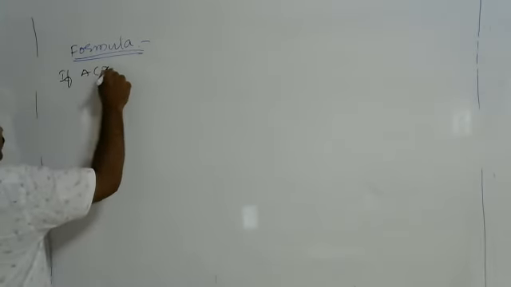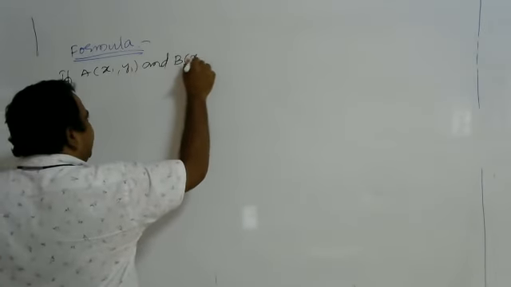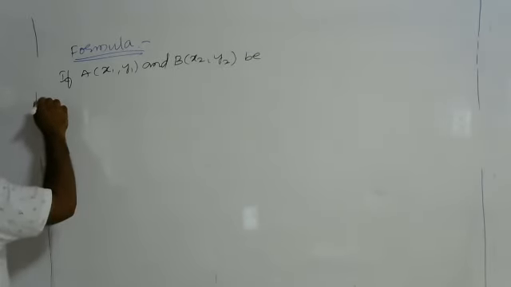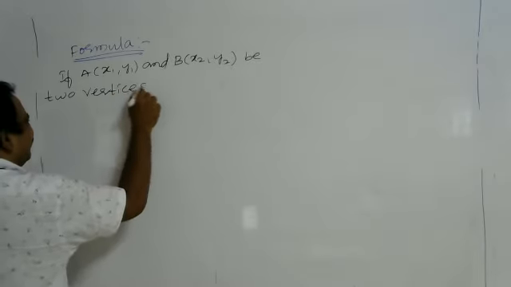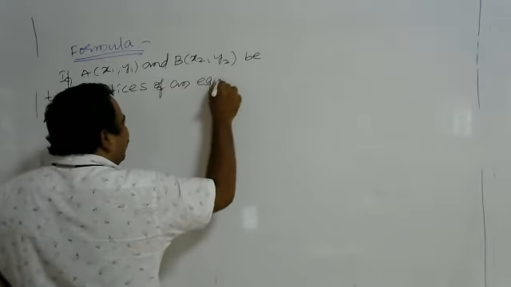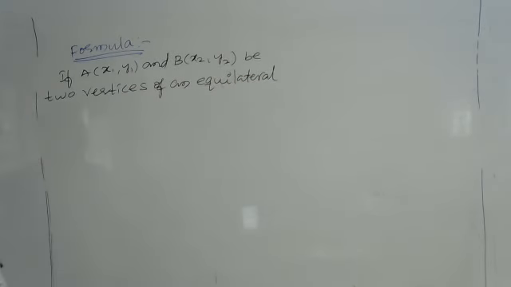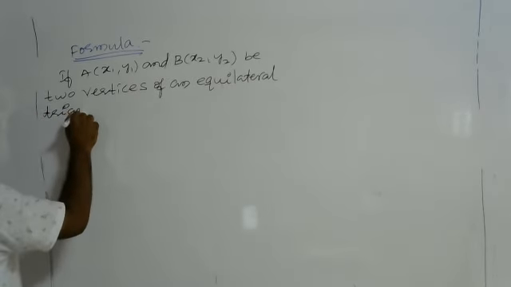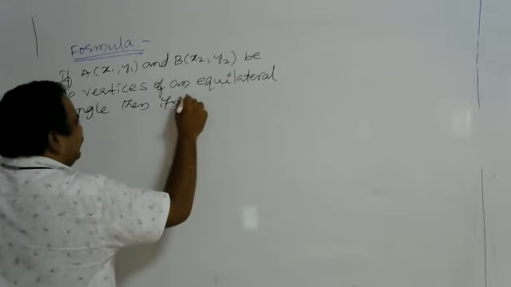If A (x1, y1) and B (x2, y2) be two vertices of an equilateral triangle, then its third vertex is